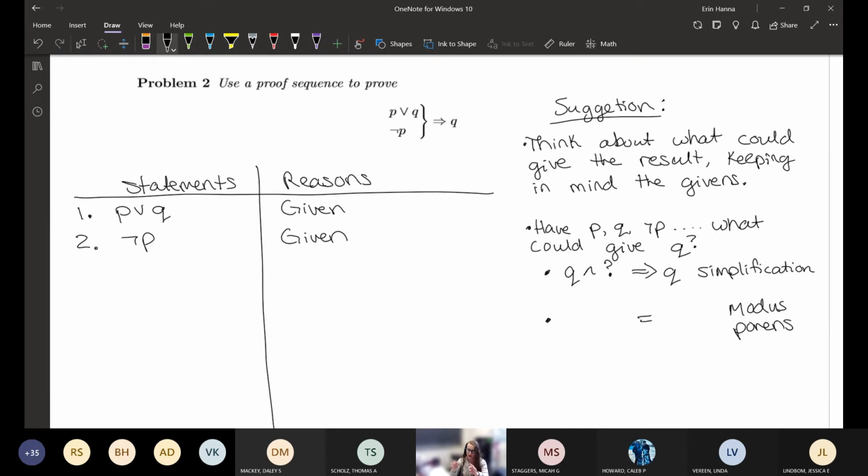And again, this is where you can't get bogged down in the actual notation of those necessarily. So if I want modus ponens to give me a Q, well, that's nice because it's actually how modus ponens is set up. So modus ponens to give me a Q would need this. Now, technically, that could be anything. So it could be R, but here we're just given P's and Q's, so I guess technically I could just put a P there. If you want to put question marks on things that you don't need. So there are things that you need, like the Q would need to be a Q, but the other thing wouldn't matter. And then if I look at modus tollens,